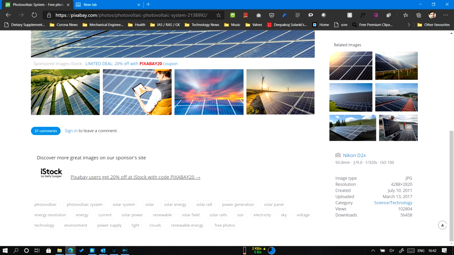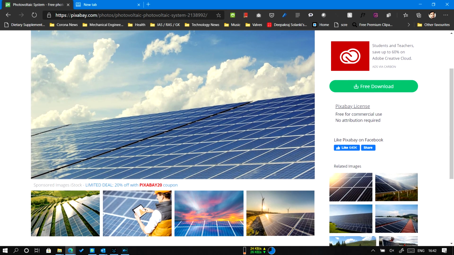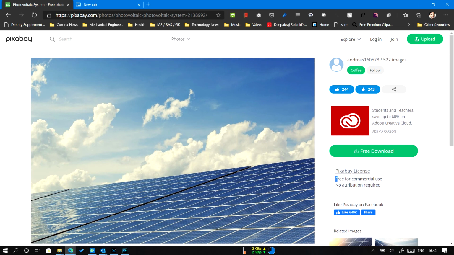So this is how you use copyright free images in your blog post. Be sure that you use the images which you have rights to use. Use images from reliable sources, which say that it's free for commercial use and no attribution is required.